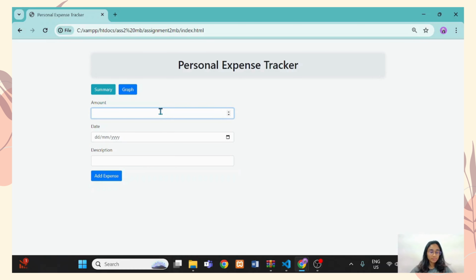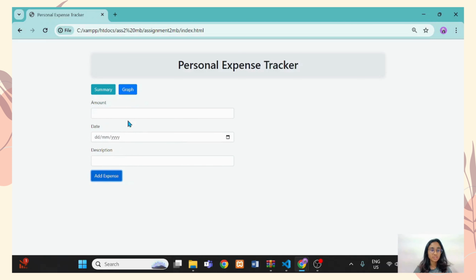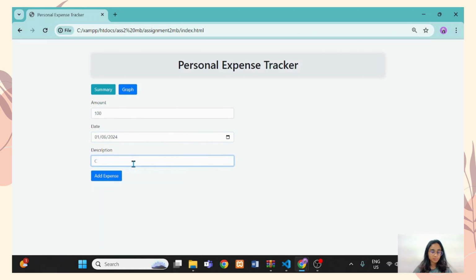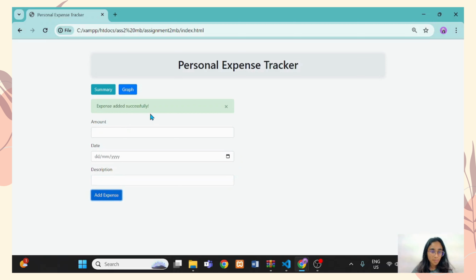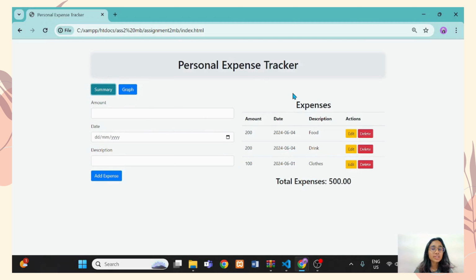I'd like to add more data. Expense added successfully. I want to add one more data. Expense added successfully. So after we click on the summary button, we can see all the expenses we entered just